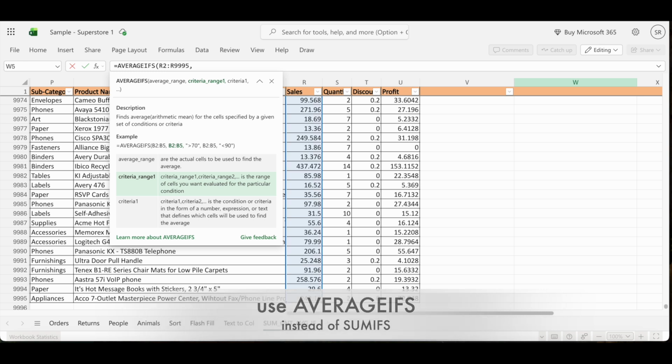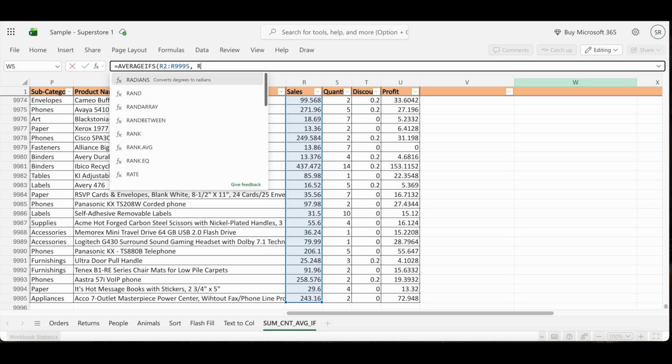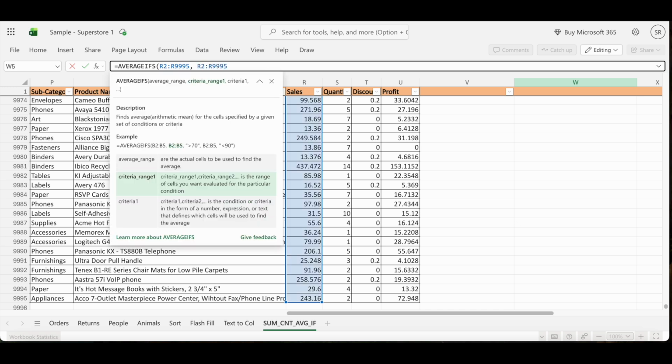The condition was if my sales is less than 100. Okay, so this is the same column. I specify it again, and I am going to provide the less than 100 condition,